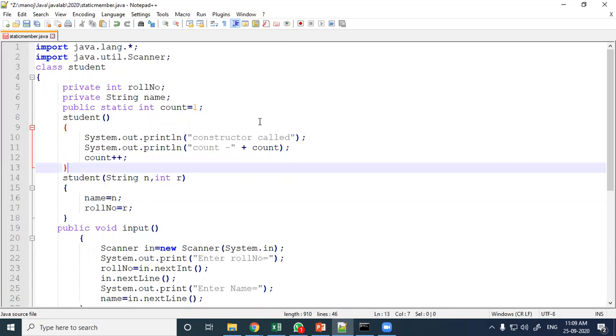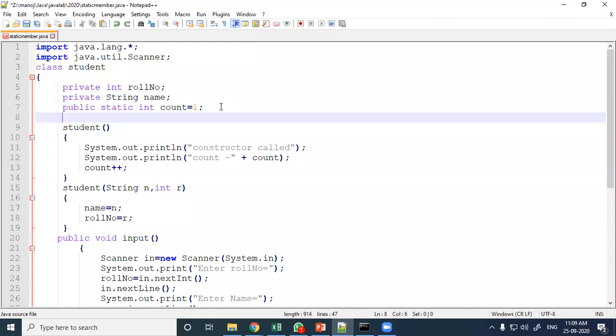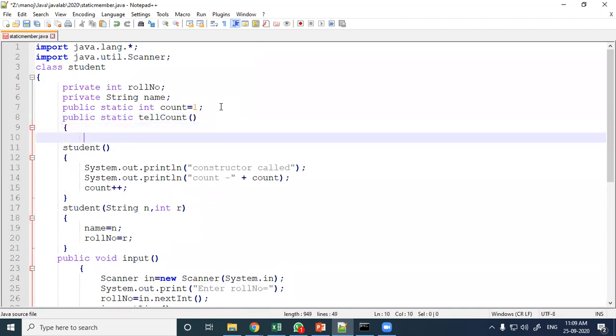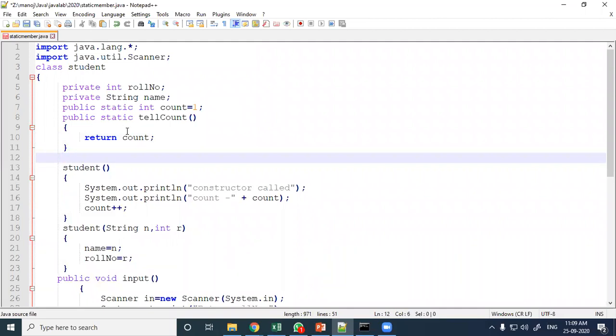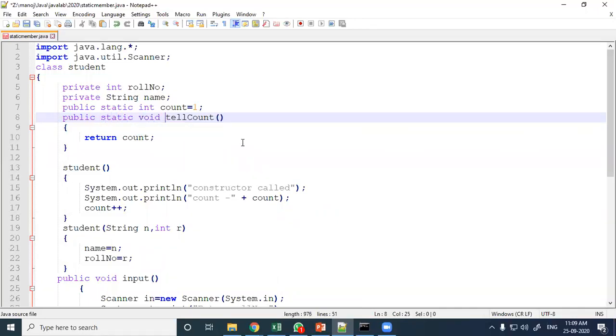Inside the class I am writing public static int tellCount, returning count. It is not void, it is int. So tellCount is for our static variable, static member.